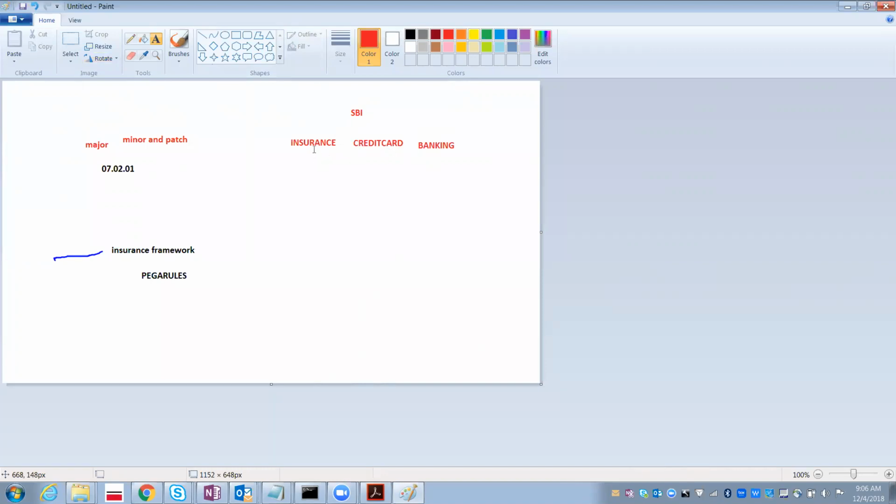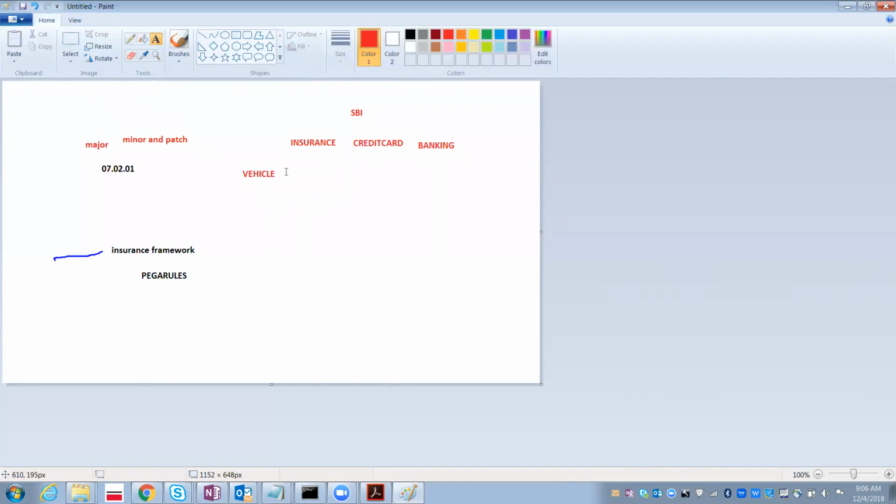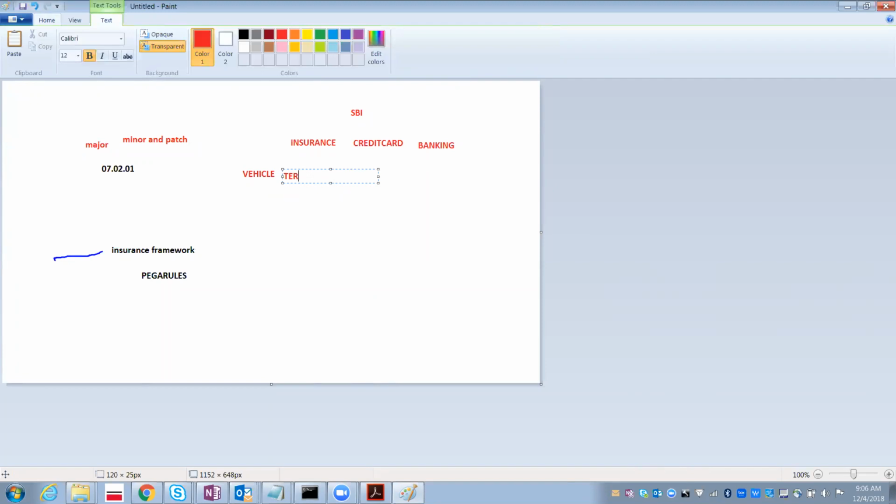Again, under this division, can we have any other things like that? Under the insurance also, what can we have? Vehicle insurance. Under that again we can also have term insurance.